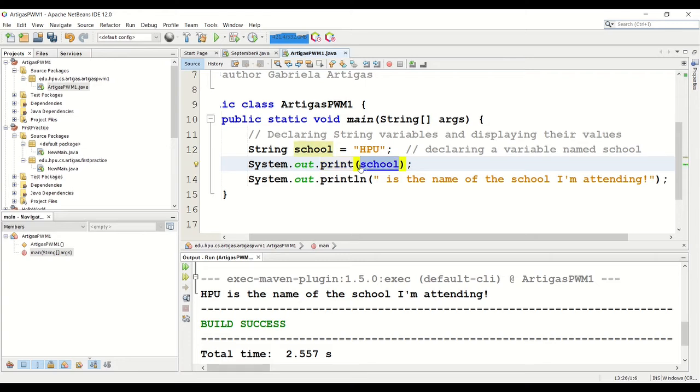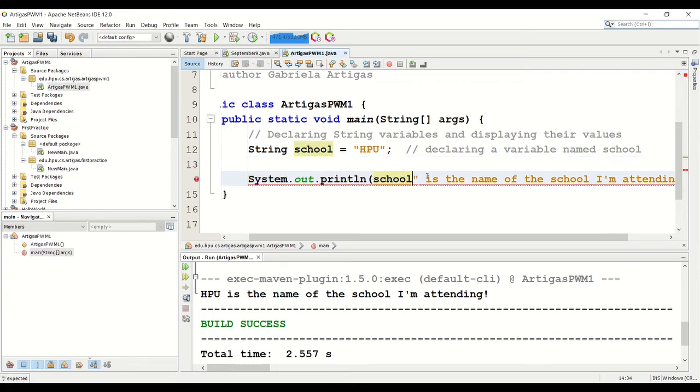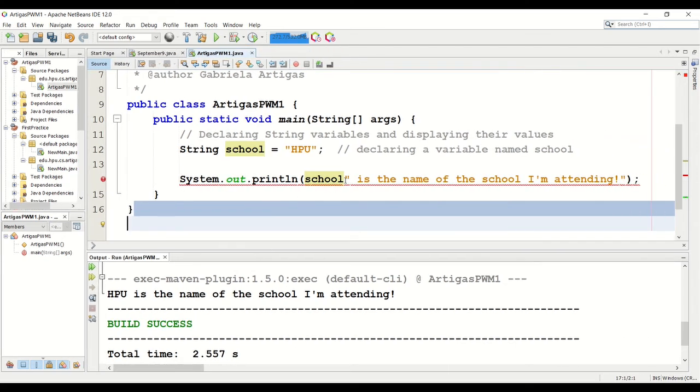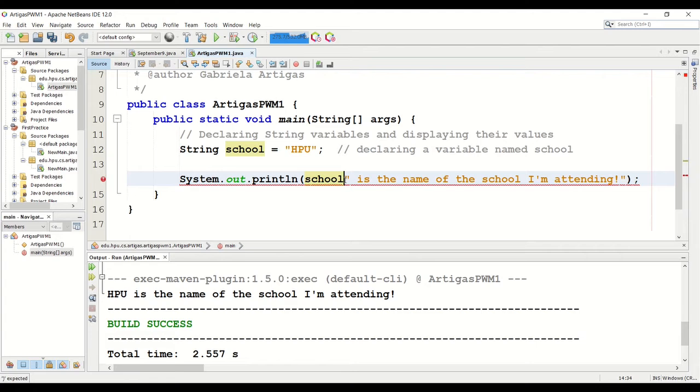So I'm going to grab the school variable name, and I'm going to get rid of this line of code. And we would think that we would just plug this in front of the string literal. Now this, the way it's spelled out, is not going to work out. Why is that? Because in Java, if we want to combine the displaying of things that are stored in different variables, or something that is stored in one variable and a string literal, I need to separate those two with the plus sign. The plus sign, when it's used in an output statement, is called